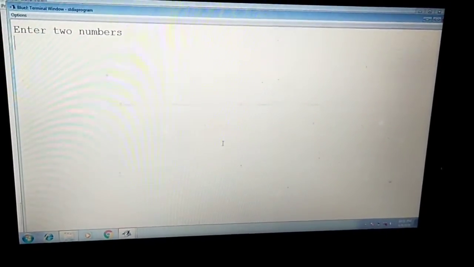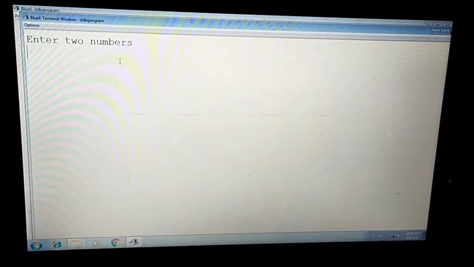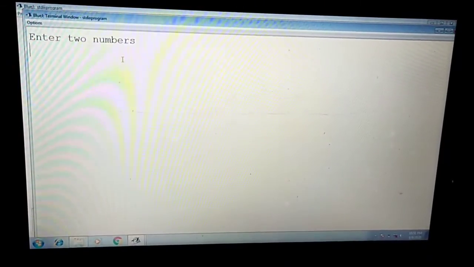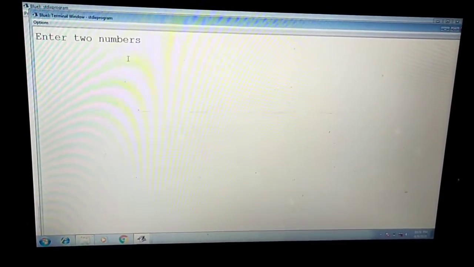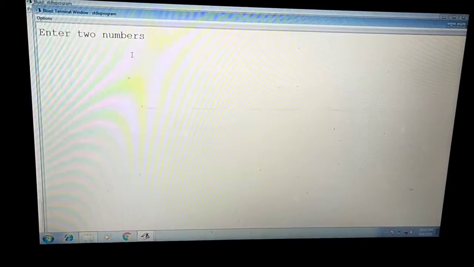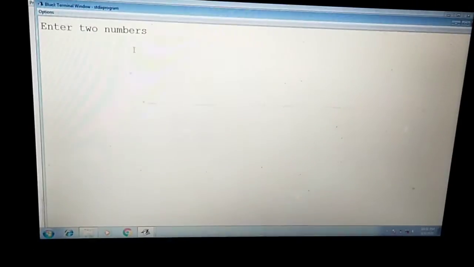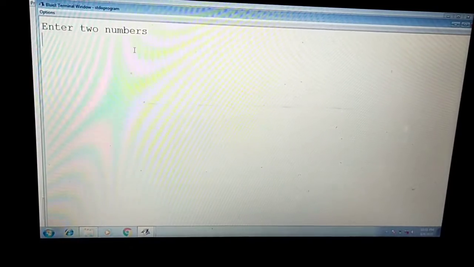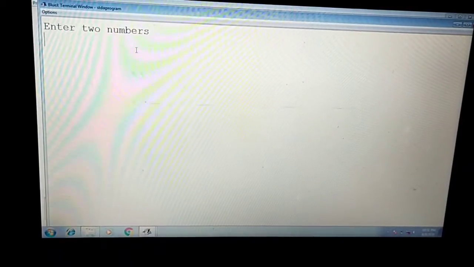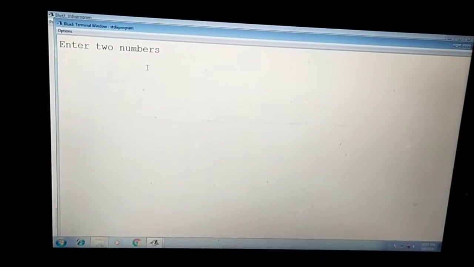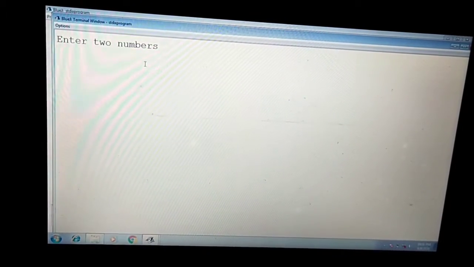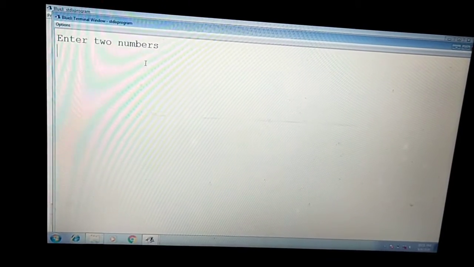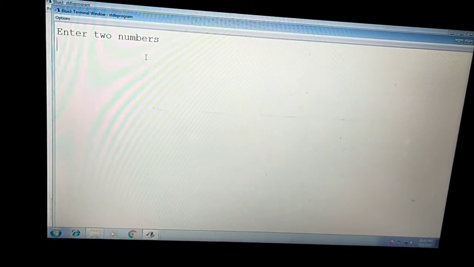Now what happened? It is asking me enter two numbers. It is prompting me a message. Similarly, if maybe in one program you want to enter a roll number, you want to enter a name, you want to enter some decimal values or something else, and the user is not getting any prompting message from the computer, then the user may enter some number in the name, or may enter some integer value when some decimal value is required. So it is compulsory when you are writing a program that the messages should guide you what you are going to enter and which type of value you are going to enter.